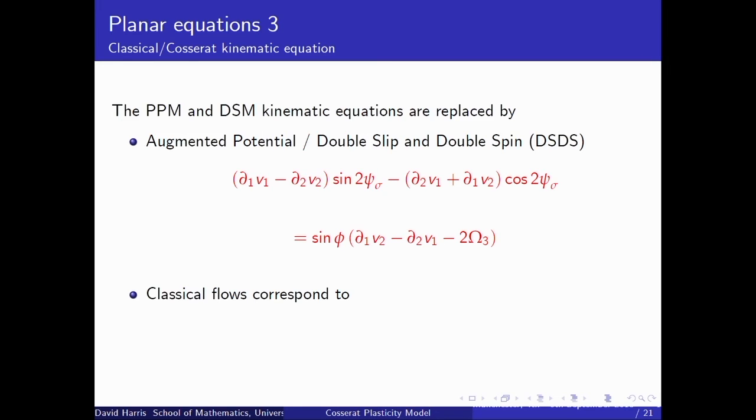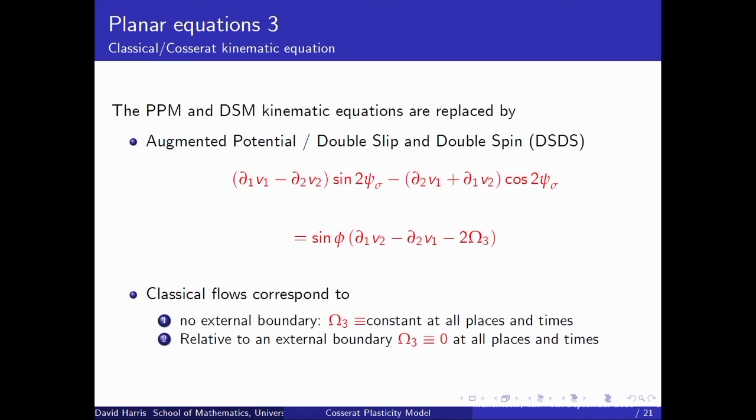So classical flows correspond to, well, if there is no external boundary, all I can say is that omega is a constant. If I do have an external boundary, then I can say that omega 3 is 0 at all places and times. What I'm trying to say is I'm modeling classical flows using an extended Cosserat model, but I've not yet gone into the Cosserat stuff. I want to just look at the classical